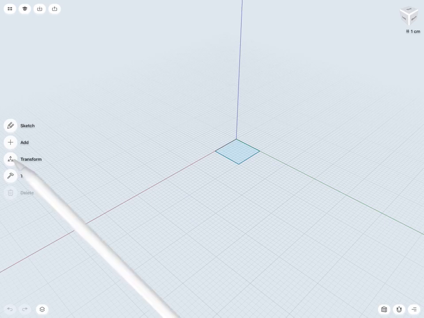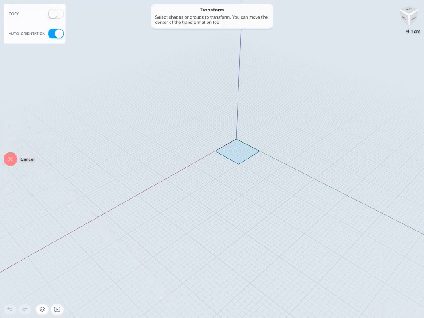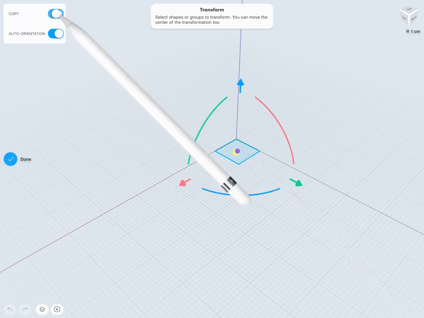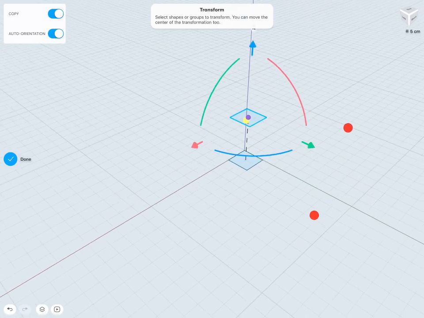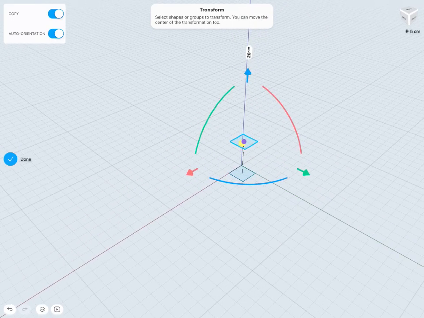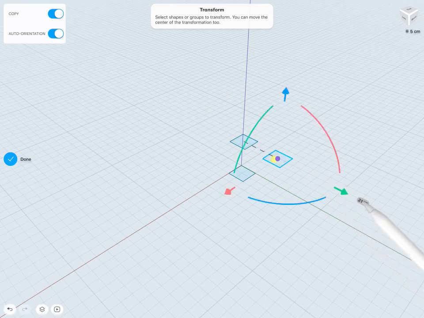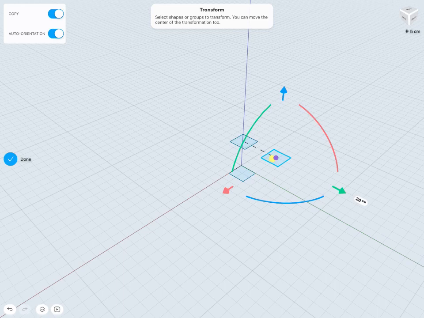So I can go into my transform tools, move, rotate, scale, and I'll just tap to select the sketch that I'd like to move here. And I'm also going to turn on copy, and then I'll just move those sketches into that location that I wanted. So I believe, for example, my second sketch was, let's say, up maybe 20 centimeters or so, and then across, let's say 20 centimeters or so. And then, of course, it was rotated as well. So I might rotate that